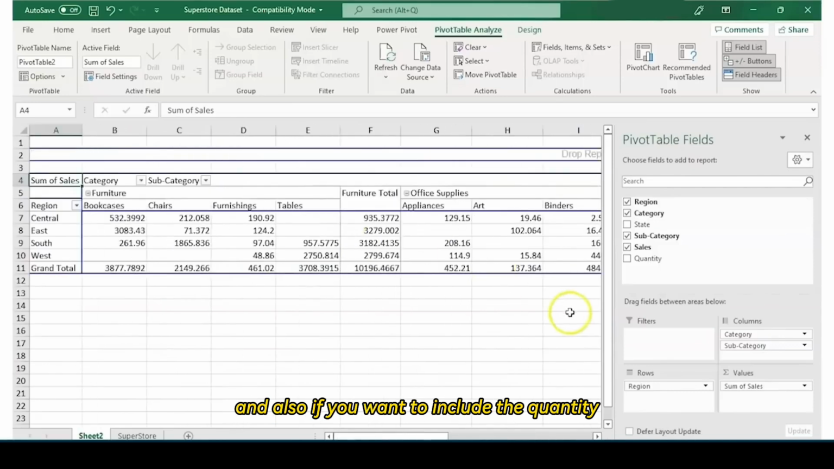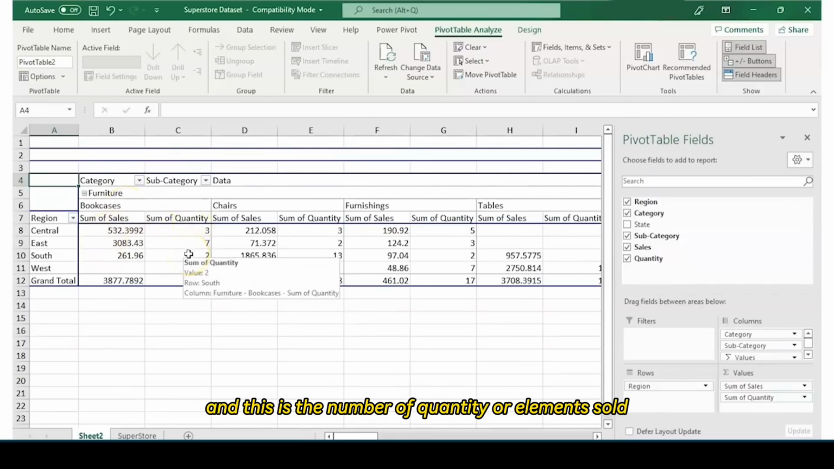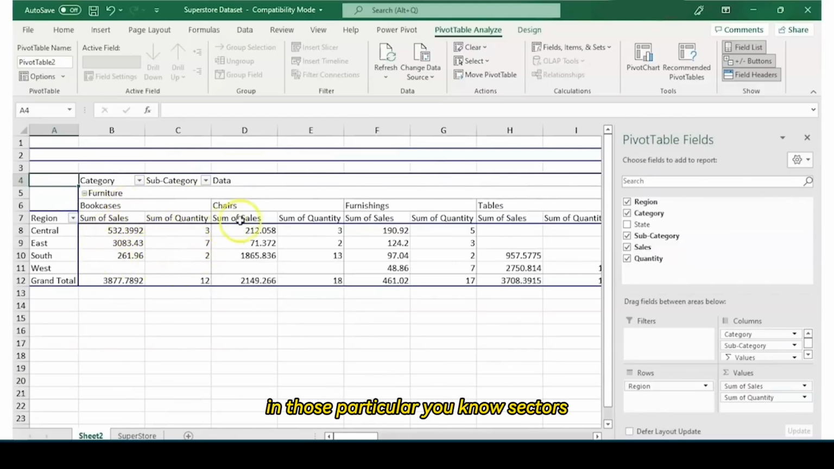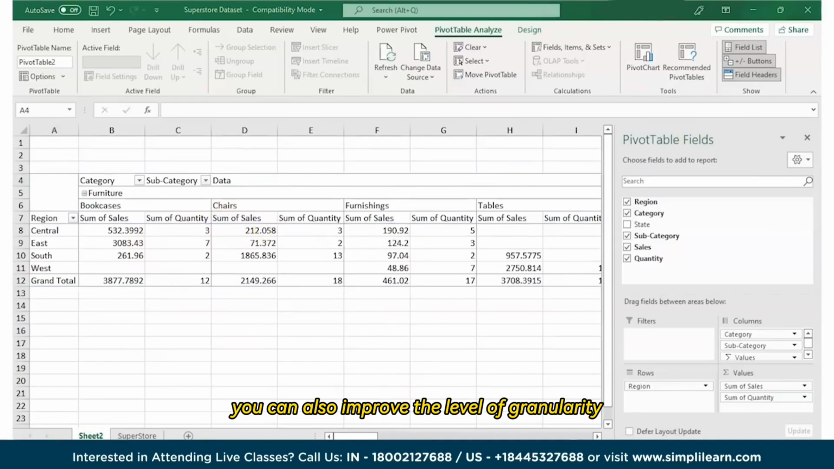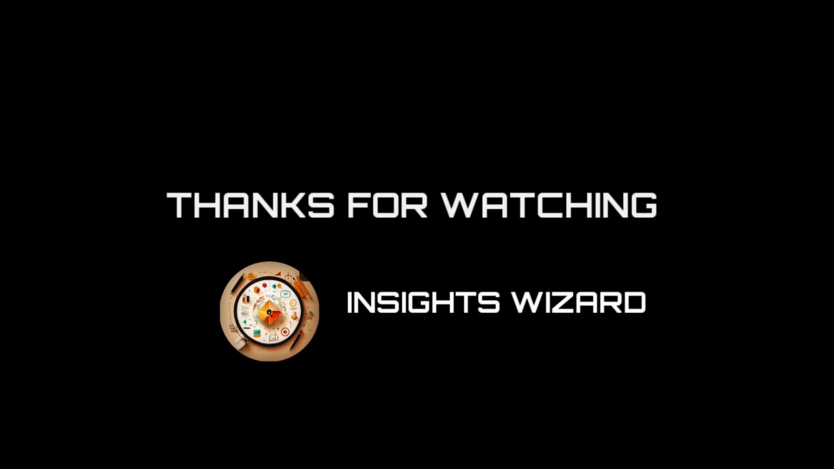And also, if you want to include the quantity, how many things got sold in those particular categories and subcategories, you can do that. So here in the furniture section, for books, these are the sales, and this is the number of items sold in those particular sectors. So you can also improve the level of granularity. You can also improve the level